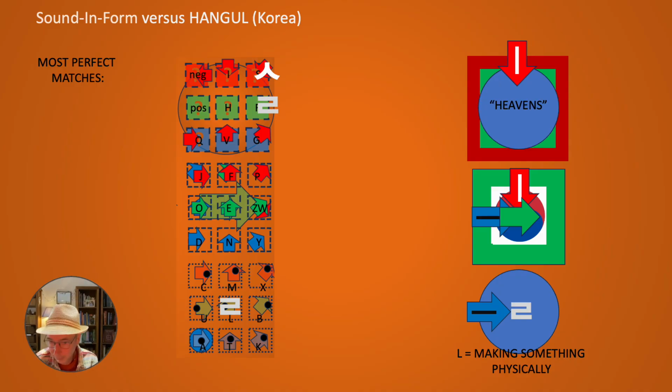The making of something, making something physical. When something takes a shape, is getting a form, that's the letter L. So here we have this irregular form which makes a shape. It's understandable that you can use it here for the letter L. Something is making a shape. It's finding its shape, its form physically, as the letter L. It's perfectly in the middle of the materialization process. So it is about that materialization process going on.